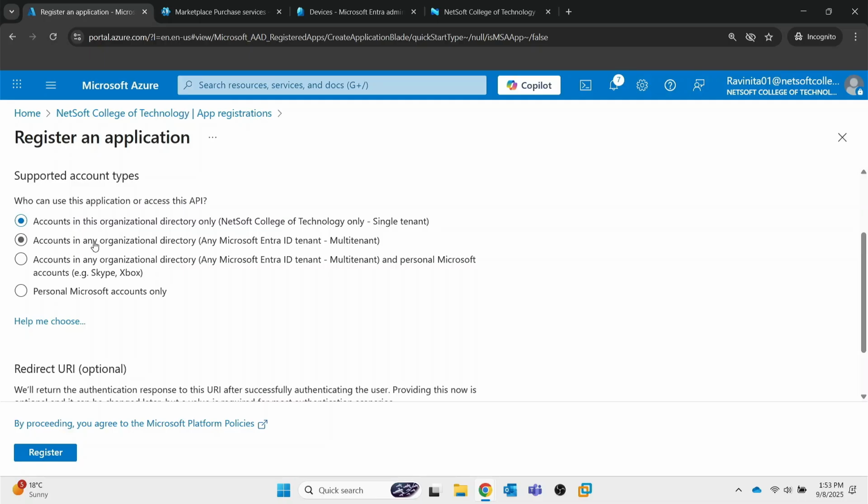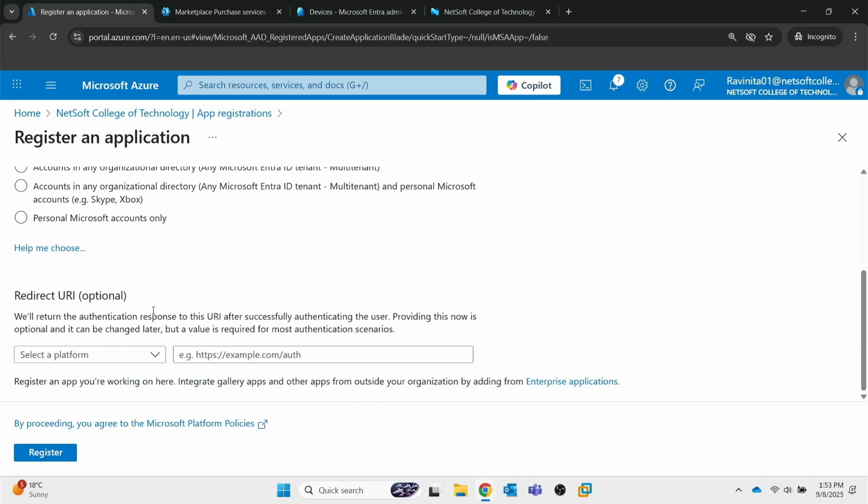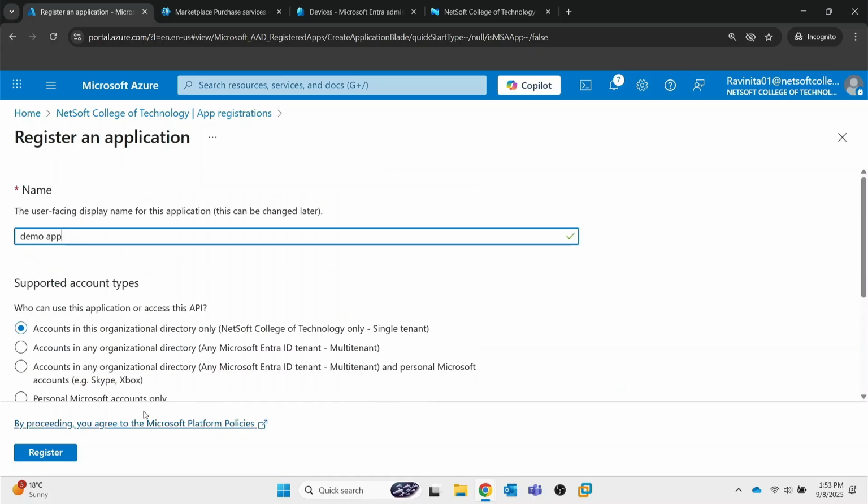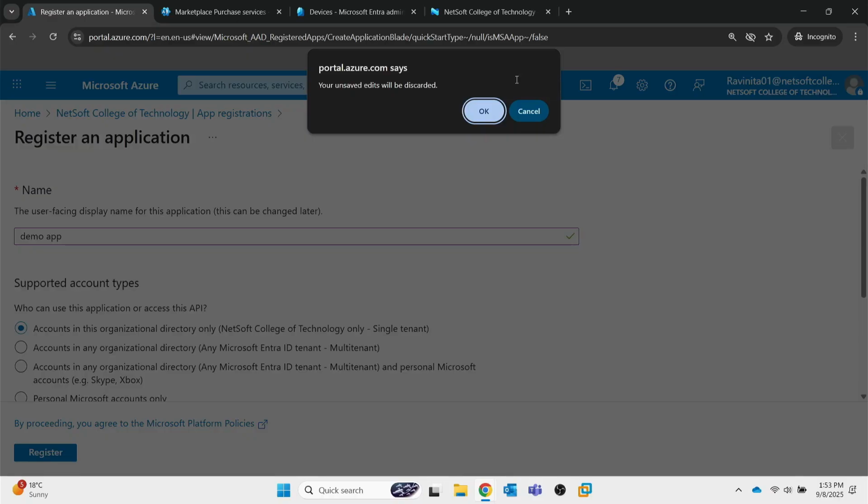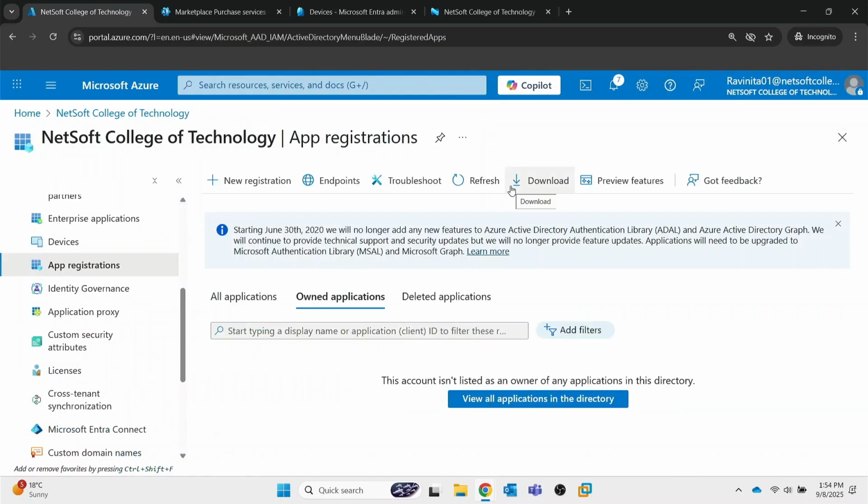Or you can say accounts in any organizational directory. That is your multi-tenant environment, if you have multiple tenants. If you also want to include your Skype or Xbox accounts, you can also select this one. Or if you want to involve your personal Microsoft accounts only. In most cases, the first option will be selected. And then you can also put your redirect URL over here. That is optional. So once you register, then you will get all the metadata you need to bake into your application,